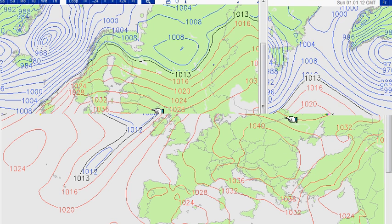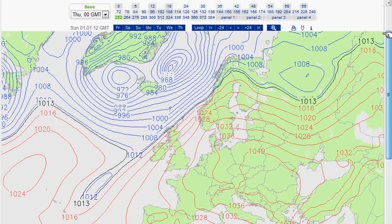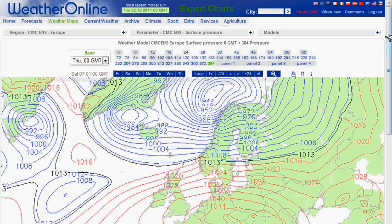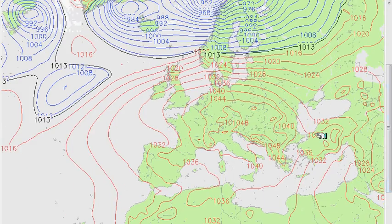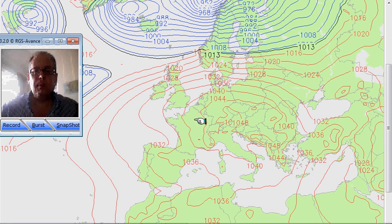High pressure across Eastern Europe here, look. Low pressure out towards the west, and we're still under the influence of this relatively mild south to southeasterly wind and high pressure here. But if I knock it on to the end of the sequence, so this is the 7th of January, notice the high is shifting its way northwards. The winds have become more southeasterly, so that's cooler conditions coming in. I'm stressing again, not cold, but this could be the start of something colder coming in for this middle to